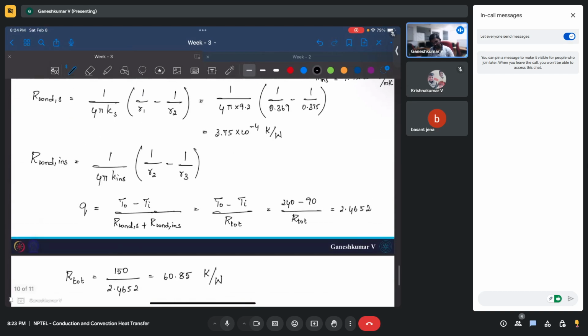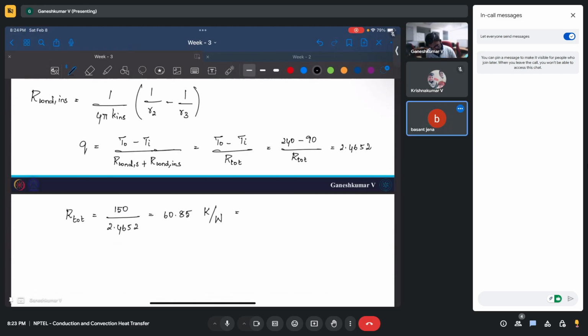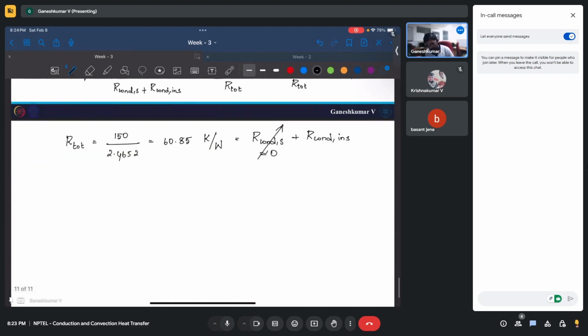But this is in the range of 10 power minus 4 and 10 power minus 5, which is very less, which means everything you have to get from insulation only, right? So this is R conduction due to steel plus R conduction due to insulation, but steel is nearly equal to 0, so you can just remove it. You can either keep it or remove it, your equation is not going to change. So R conduction due to insulation is nothing but